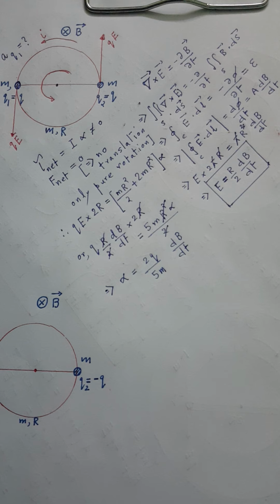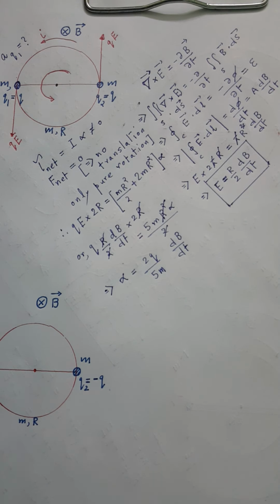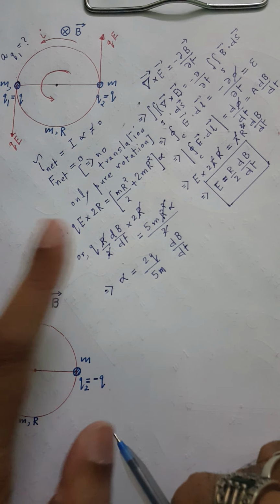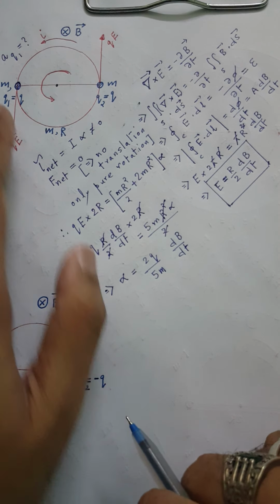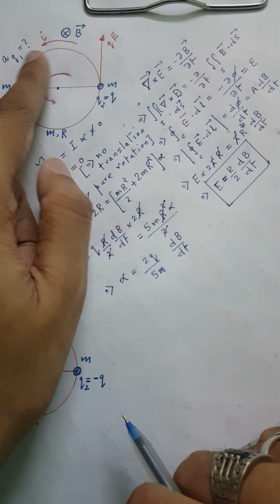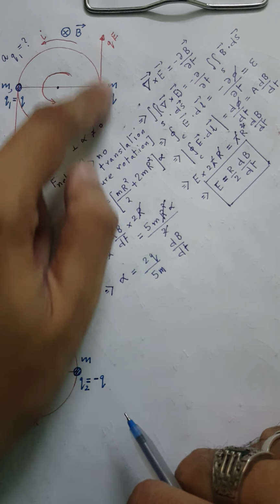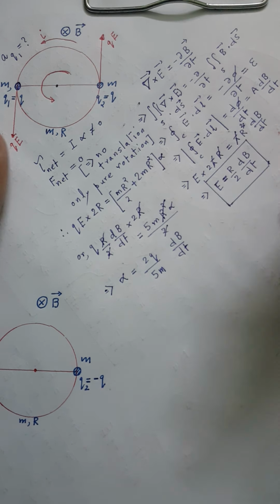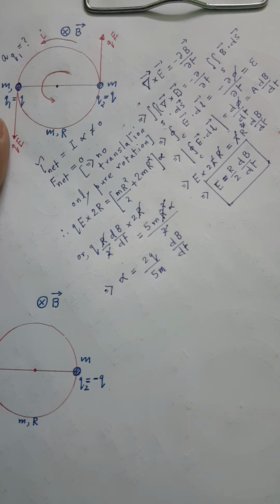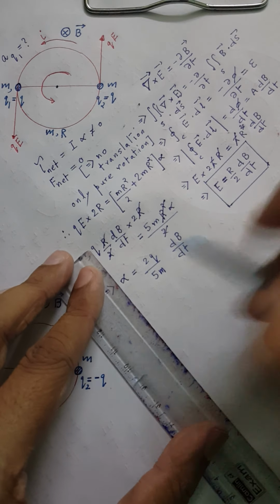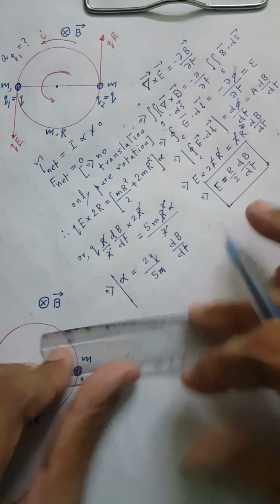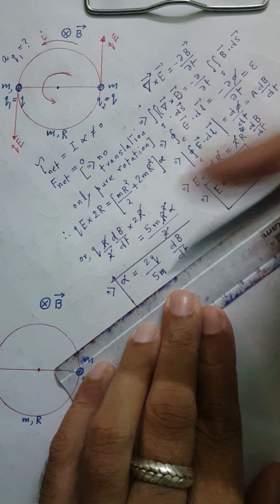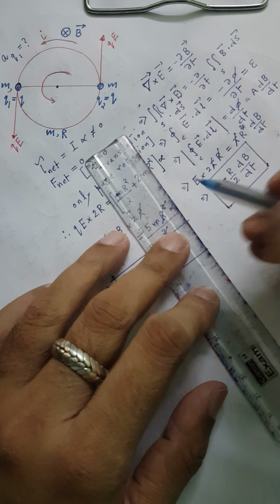This is alpha. Once you have alpha, you can find the acceleration. What is happening here? Pure rotation. If there is pure rotation, then there will be only tangential acceleration of the points on the periphery of this disk. So we can find the acceleration of q1. And how do you get the acceleration of q1? This is the value of the angular acceleration of the rotating disk, 2q by 5m into dB dt.